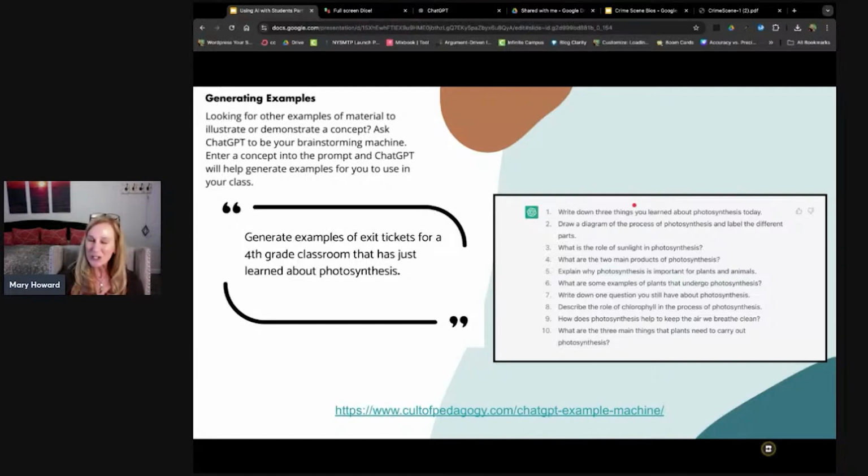The analogy I like to use here is when I'm teaching kinetic energy and it's 6 o'clock in the morning, I'm heading out the door. The last thing that I actually have is kinetic energy. So I rely on ChatGPT to give me those examples of kinetic energy to share with the students. And so it's just a really great way to get it to generate some examples that can be relevant to